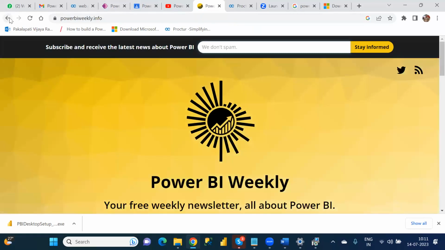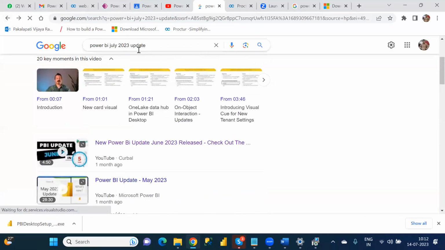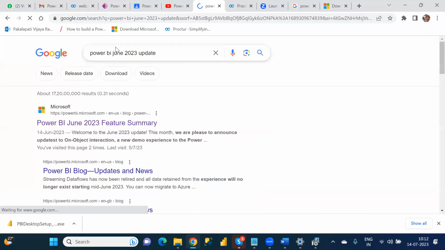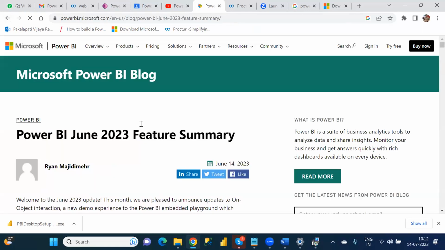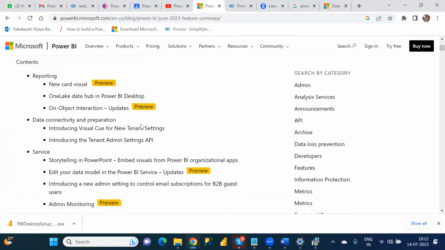Suppose for example, before July, June is there, right? So June related we can see. So this is the one. Power BI June 2023 feature summary is there, right? Click on this one. When you click on this one, see here, what are the key points in that particular one,